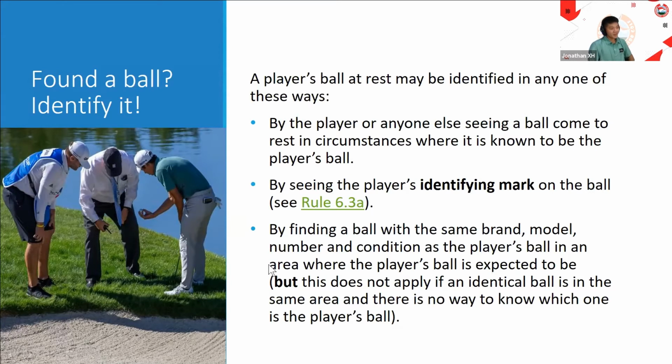Or the third way is a bit complicated and it's not a reliable way, which is to find a ball with the same brand, model number, and condition as the player's ball in an area where the player's ball is expected to be. What that means is you find a ball that you or your caddy think is yours. But this does not apply if an identical ball is similar, or if the other players don't know